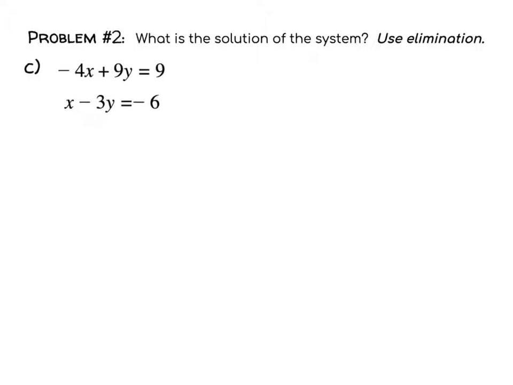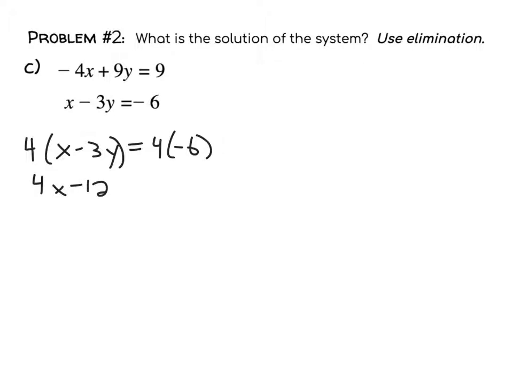Okay, so I'm going to write that right here. I'm going to say, okay, what if you did 4 times x minus 3y equals 4 times negative 6? And you got 4x minus 12y equals negative 24. Okay? Then you could add, I'm going to draw the line here to separate it, and you could say, now we're going to take that other original equation, negative 4x plus 9y equals 9,